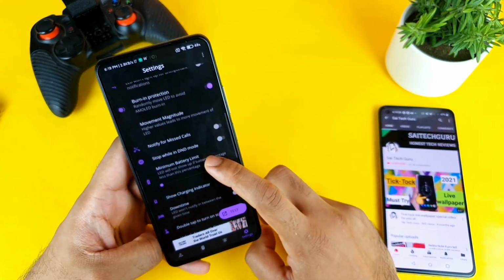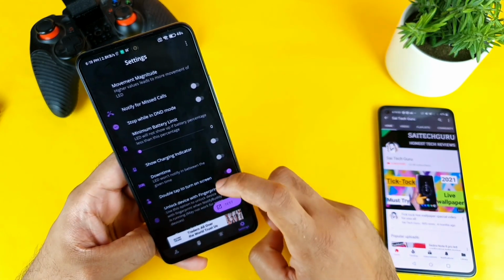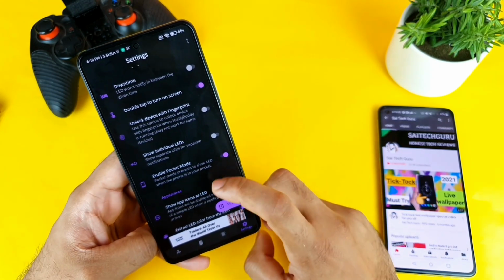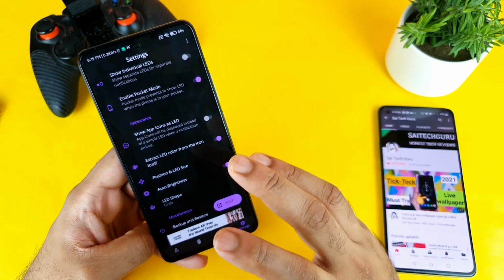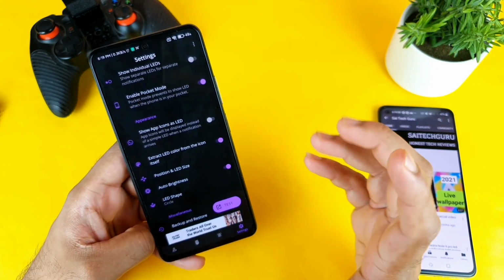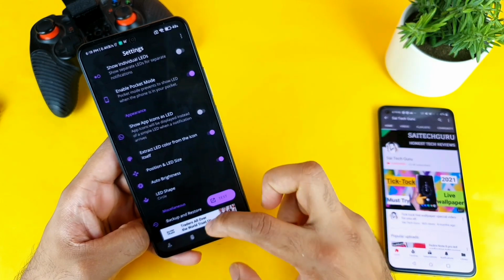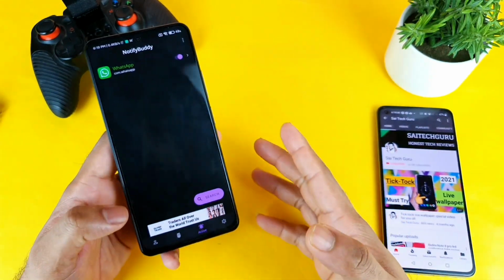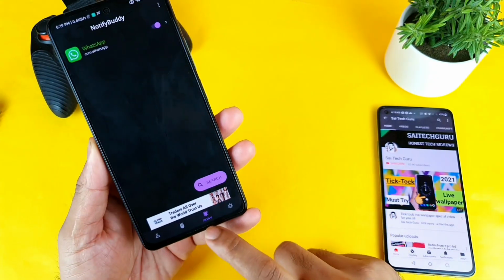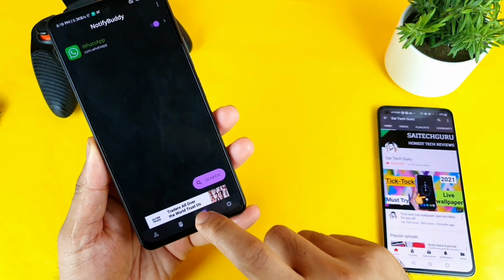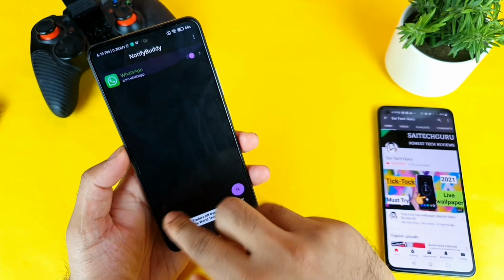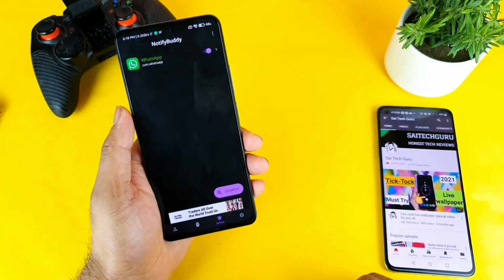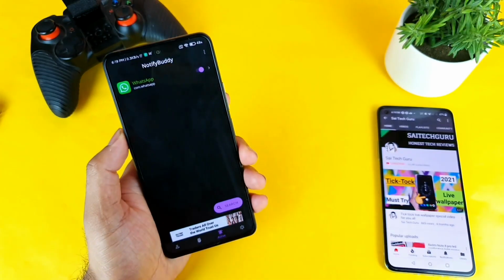Notify for missed calls, DND mode, show charging indicator, downtime, double tap screen, unlock with a fingerprint, show individual pixels. As I said, there are so many options available right now to use here. Once you set everything, all the applications whatever you set as a notification will be listed in this particular column, which is called Activate. From here you can access all the applications you set as a notification. In this way you'll be able to receive all the notifications, friends.